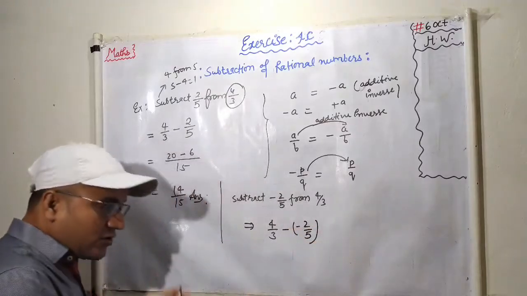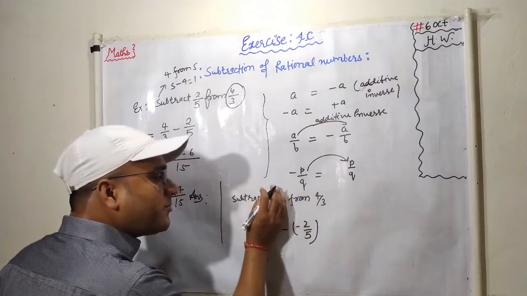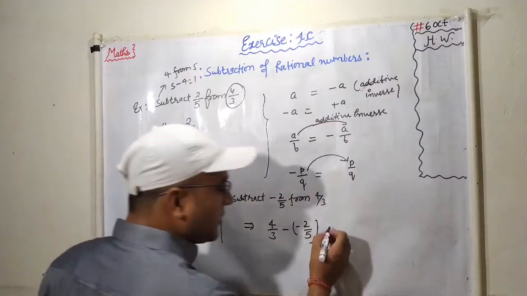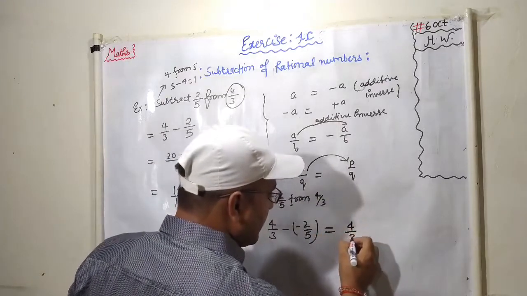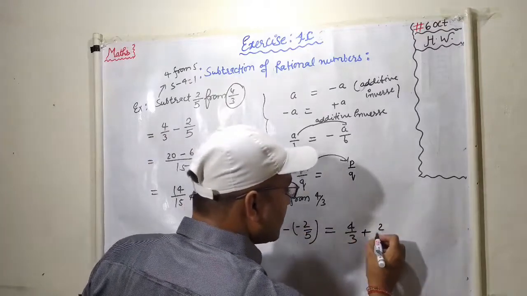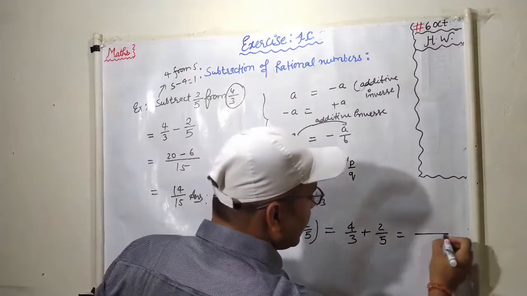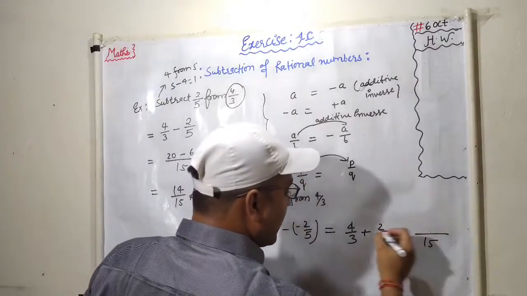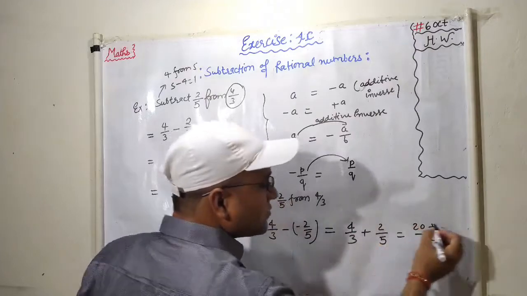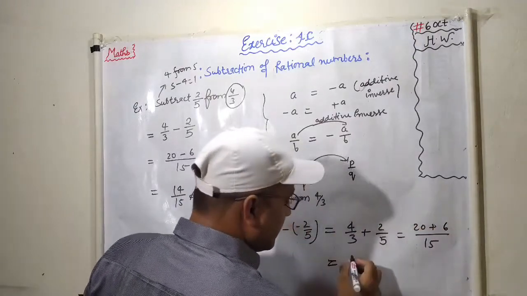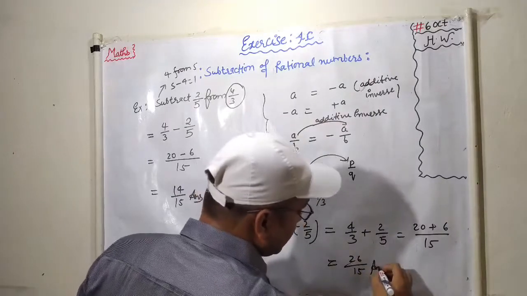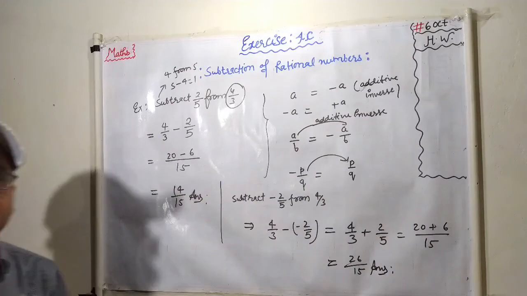If you want to do it directly, what is the additive inverse of minus 2 upon 5? That is plus 2 upon 5. You can write it here with a plus sign, but there is no need. 4 upon 3, and if you remove this bracket, minus is multiplied with minus, giving plus, so you will get 2 upon 5. The rest you know: the LCM is 15. 5 4s are 20, plus 5 3s are 15, 3 2s are 6. You get 26 upon 15. That is your answer. Otherwise you can change it into a mixed fraction also.